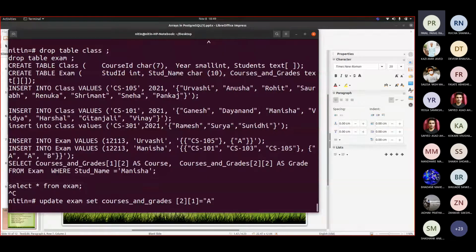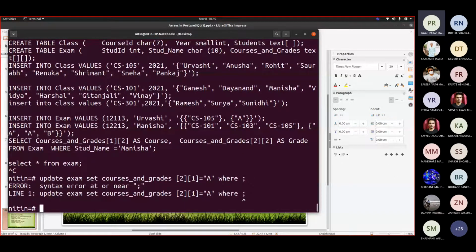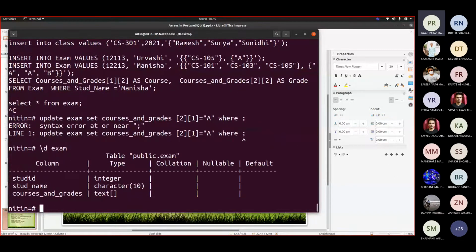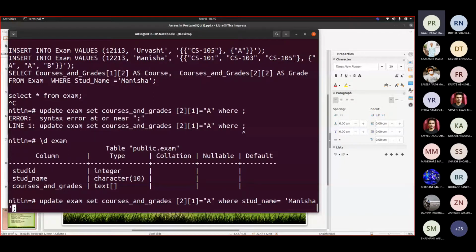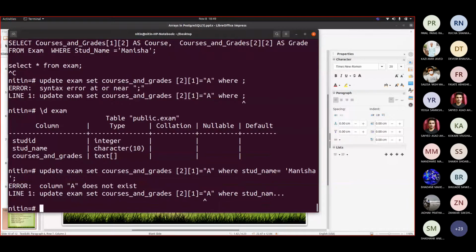Because it is a string, that's why we have to insert it in quotes, where student name equal to Manisha. Courses and grades.